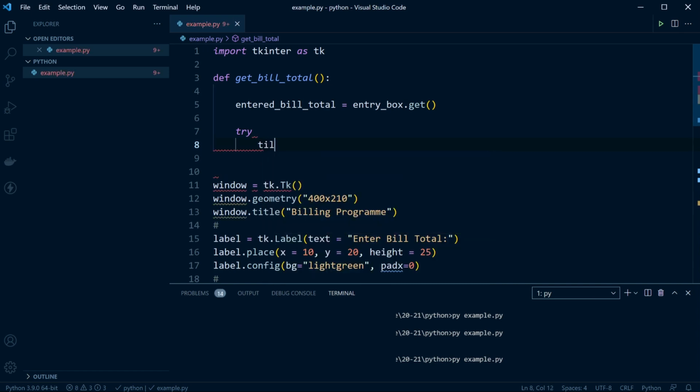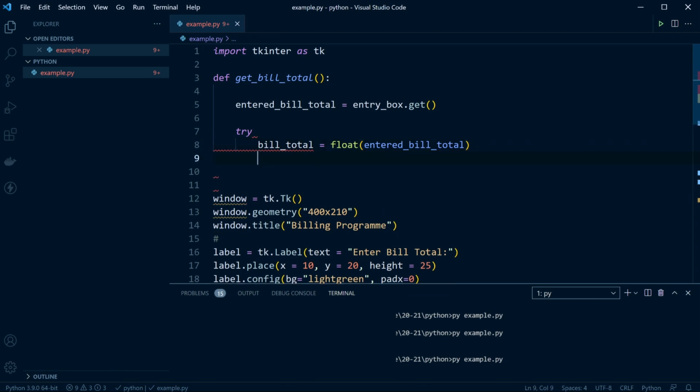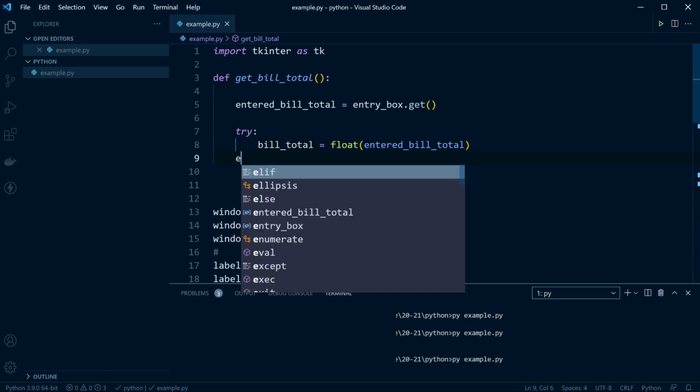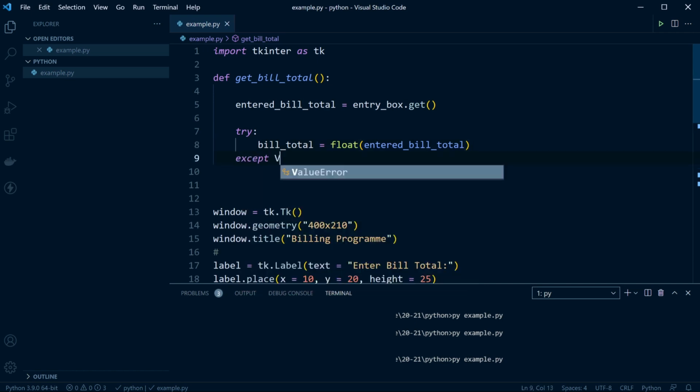So bill total, let's make a new variable, equals float of the entered bill total. So we're going to take the information from the entered bill total and cast it into a float, or try to at least. And obviously if that returns a value error, we're going to just capture that. So except ValueError,